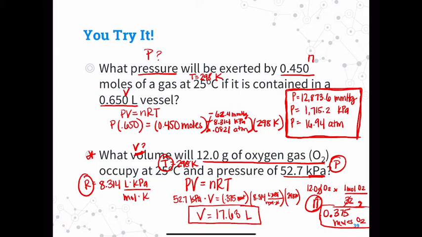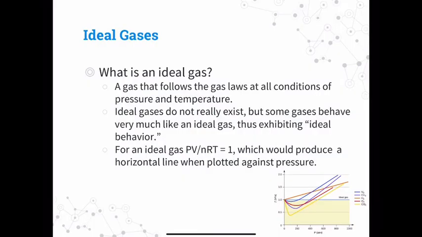Okay, so that's all we're going to do for the practice problems for the ideal gas law. But let's talk just for a minute about what an ideal gas is. So an ideal gas is a gas that follows all the gas laws at the conditions of standard temperature and pressure. Ideally, these gases don't really exist, but some gases have ideal gas law behaviors. And so an ideal gas would actually show a flat line if it was graphed, meaning